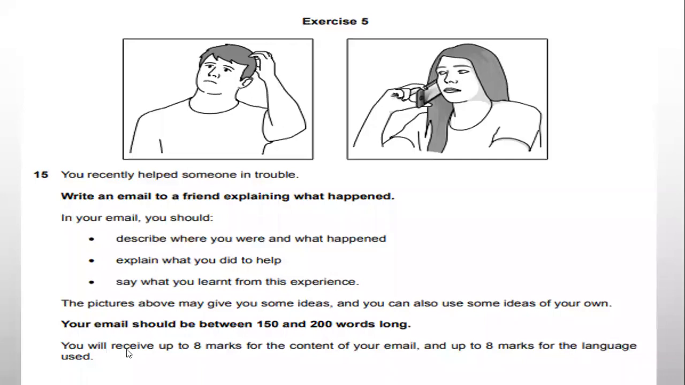In your email, you should describe where you were and what happened. Be careful, you have to cover this. First of all, you helped someone in trouble. Then describe where and when and what happened. Explain what you did to help. And the last thing, say what you learned from this experience. And here he tells you the picture above may give you some ideas, and you can also use some ideas of your own. Your email should be between 100, okay, we said that, and